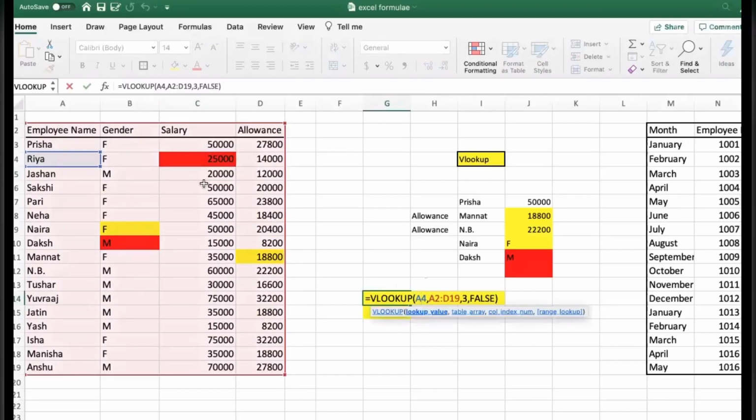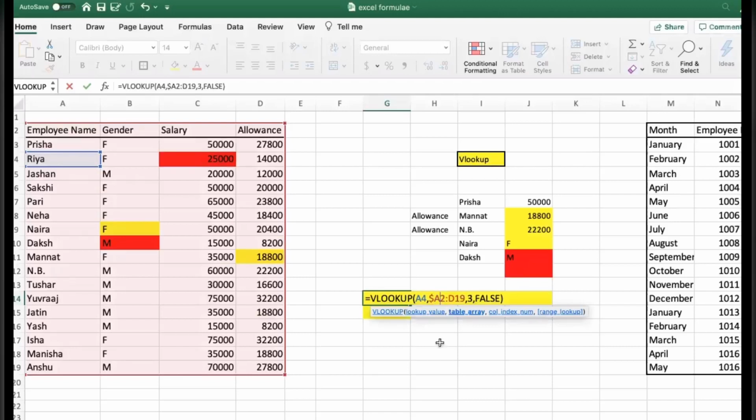That will vary because I'm asking for Ria, and that will change in the next one because I am asking for Jashan. This one will not change, because for Ria I have to find the information from this table, and for Jashan also I have to find the information from this table. So that one should be fixed.